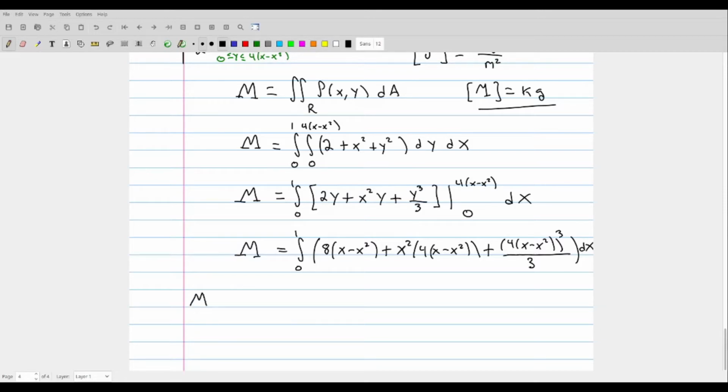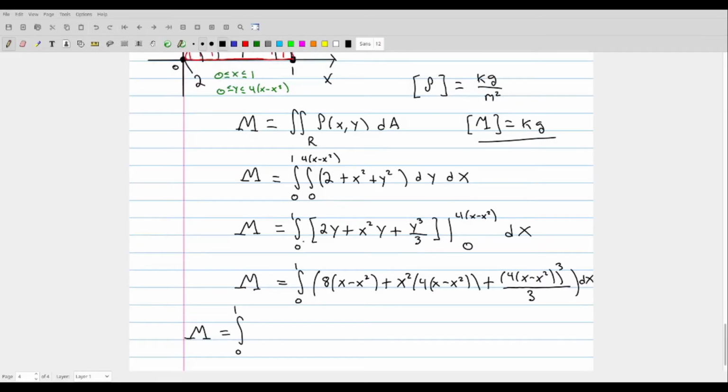So the main issue with this integral is that it's a little bit long in terms of the algebraic expansion of these terms. So I'm not going to go over the algebra right now of how to simplify this. The main trick here is that you have something cubed, so x minus x squared cubed. So you'll have to expand that cubed term out. You can do that using the FOIL procedure or Pascal's triangle. If you remember from,